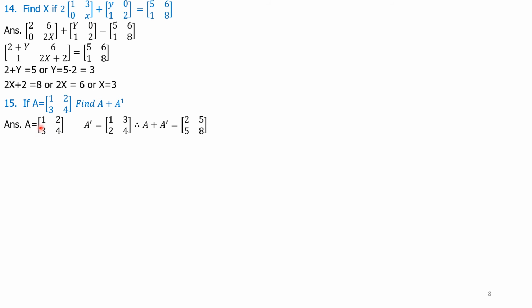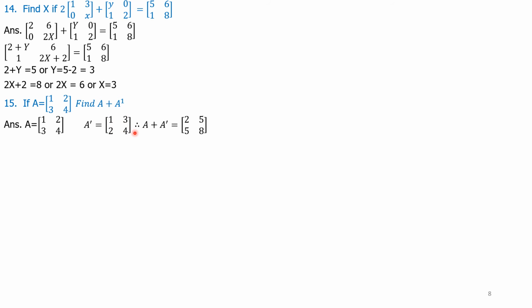Therefore matrix A is copied as it is and we have to find A dash. A dash is formed by interchanging row, converting row into a column. Therefore, 1 and 2 is there here in the matrix A, that will be written in the column for A dash. So, A dash will be equal to 1, 2, first row, and the second row is 3, 4. And second row is converted into column 3, 4. Therefore, A dash is equal to 1, 3, 2, 4.